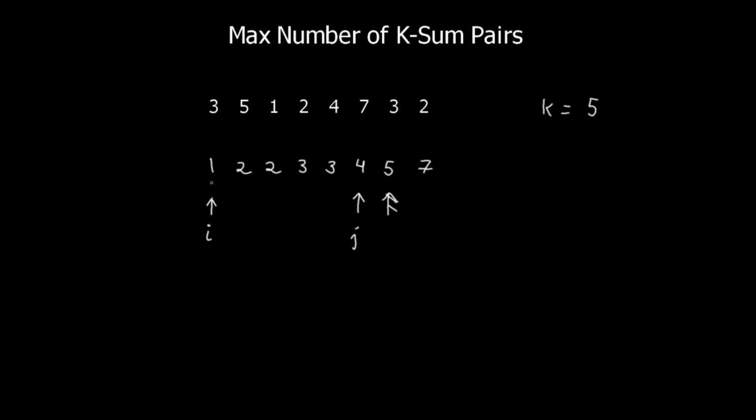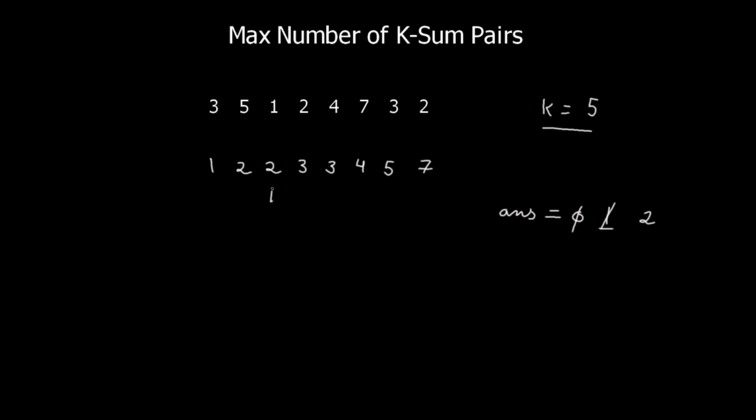Now the value being pointed by i and the value being pointed by j, when they are added together they give us 5, and therefore our answer, which was previously set to 0, increases by 1 and it becomes 1, because we have found one such pair. And in that case we increase the value of i and decrease j, therefore i reaches here and j reaches here. Again we can see that if i is added to j, it again is equal to 5, and therefore the value of answer increases again and it becomes equal to 2.